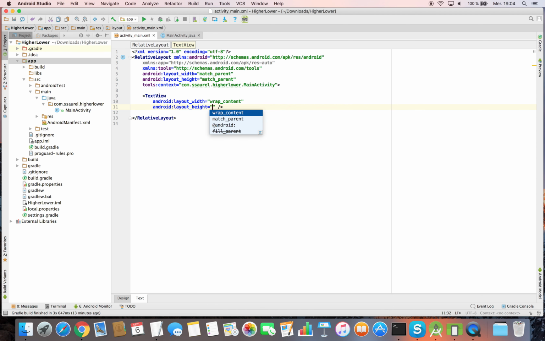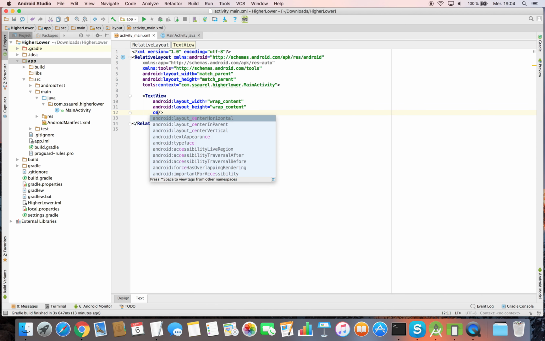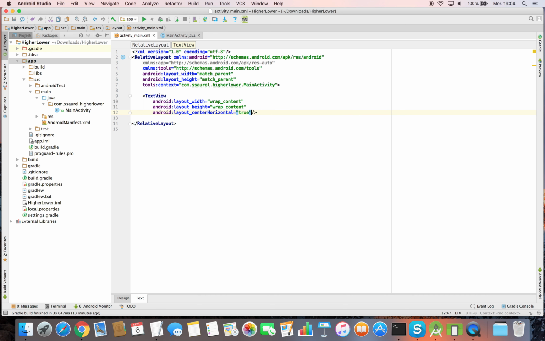the correct number. First, we are going to create the user interface of our higher-lower guessing game for Android. The user interface will consist of one text view to display a message to the user, an edit text to let the user enter a number, and a button to let the user validate his number.